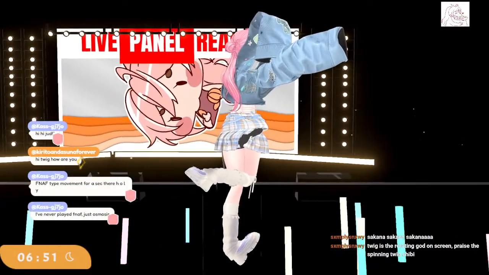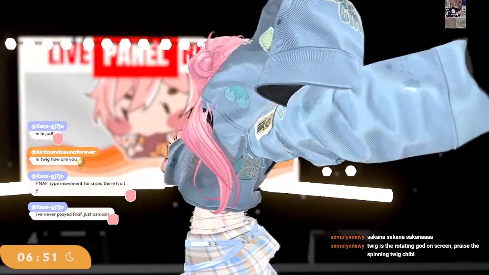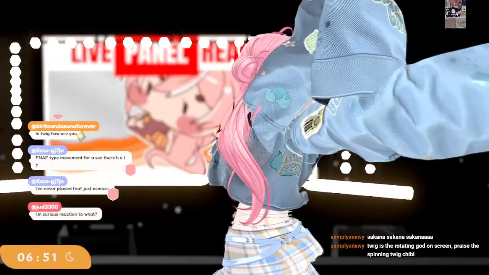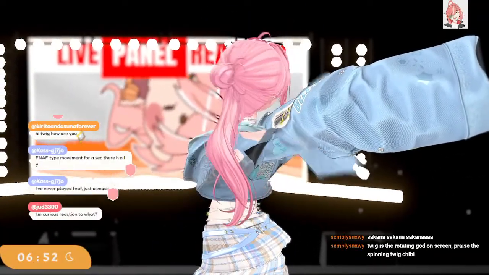Twig is the rotating god on screen. Praise the spinning twig chibi. That is true. There is a rotating twig chibi. That is our